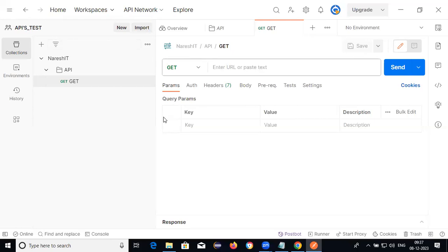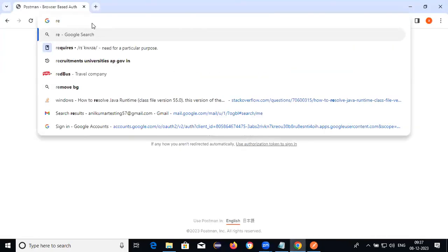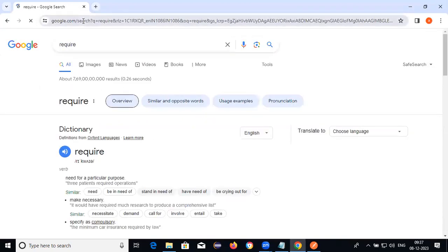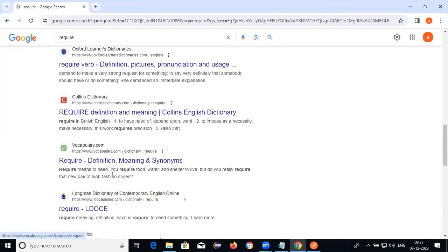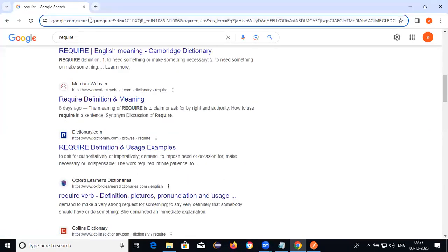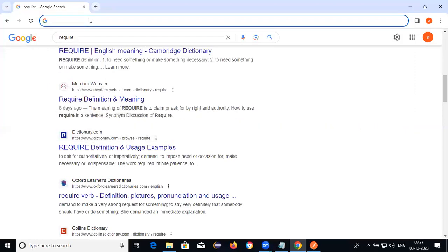So go to the website, and we need to get the APIs.